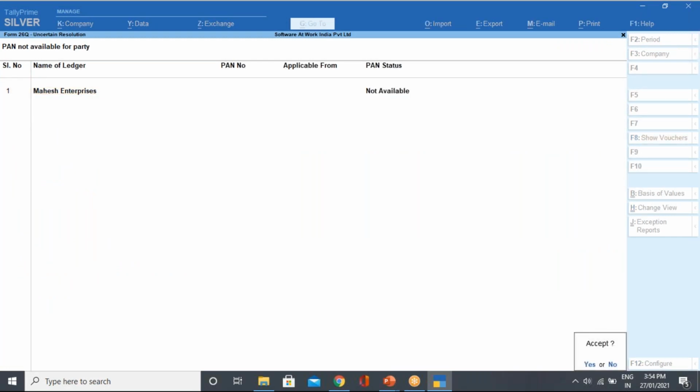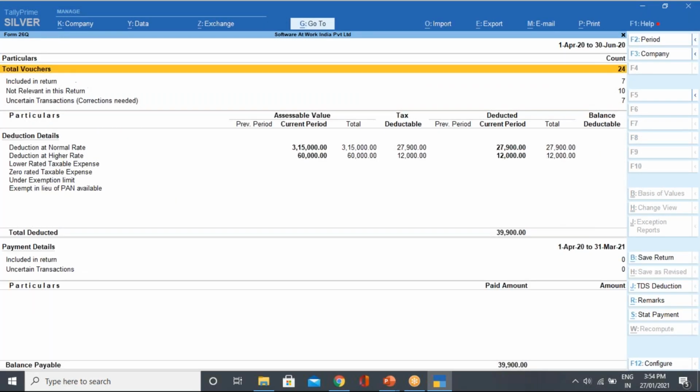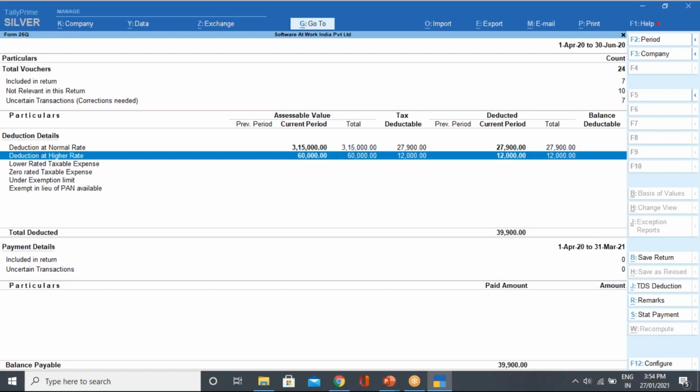Once you confirm here, Tally will directly go to the next level and show you the deduction at the higher rate. The confirmation is very important. Maybe you have missed something, that is why Tally will first keep these things in an uncertain transaction, and once you confirm that PAN is not available, Tally will give you the higher rate.